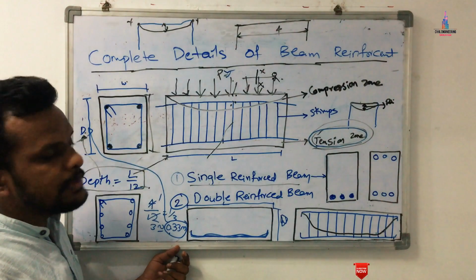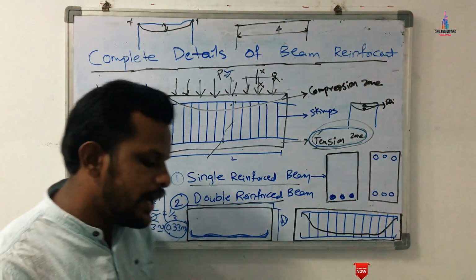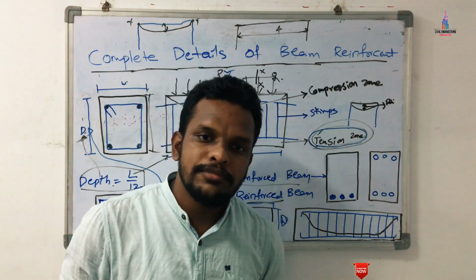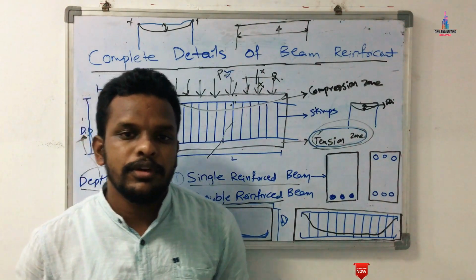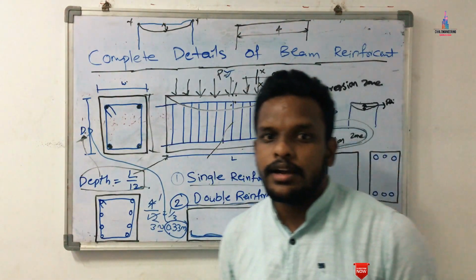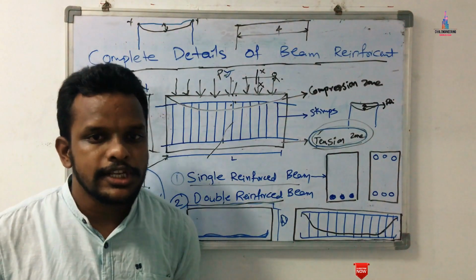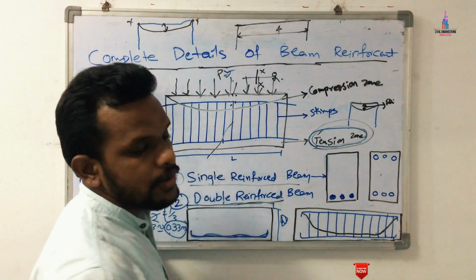Okay, so to do that respected values, we have to provide the double reinforcement section. We have to provide the reinforcement bars at the top reinforcement section, and at the same time we have to provide the bars at the bottom reinforcement section. If you provide the bars at the compression zone and tension zone, basically we will call it a double reinforcement section.